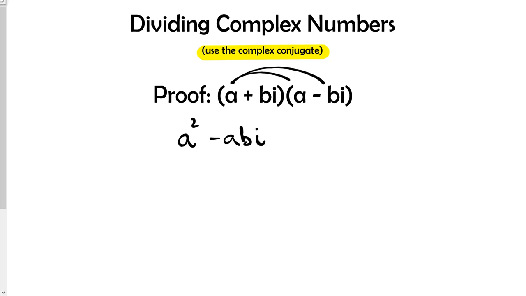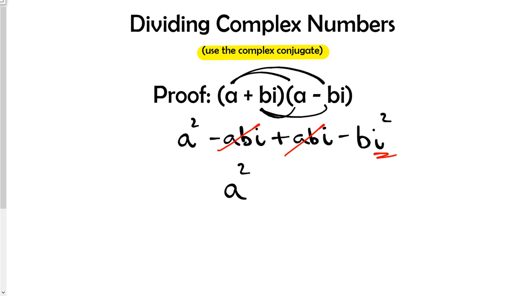Okay, I would continue doing my distributions and say bi times a is positive abi. I'm just writing in alphabetical order. And then bi times negative bi would be negative b i squared. Right? So we would notice that we have two terms that eliminate each other. They sum to zero. Negative abi and positive abi, those will simply undo each other. This i squared, well, that's going to turn into a negative 1. So this just becomes a squared, then minus